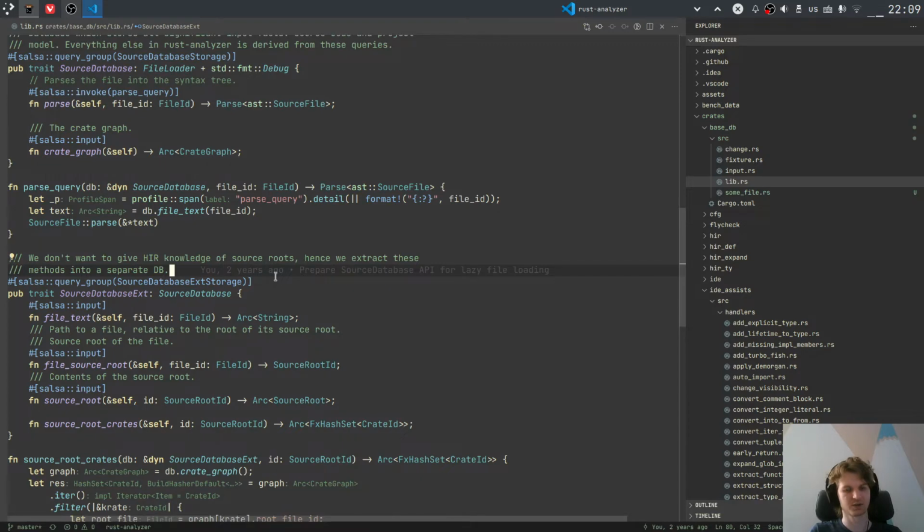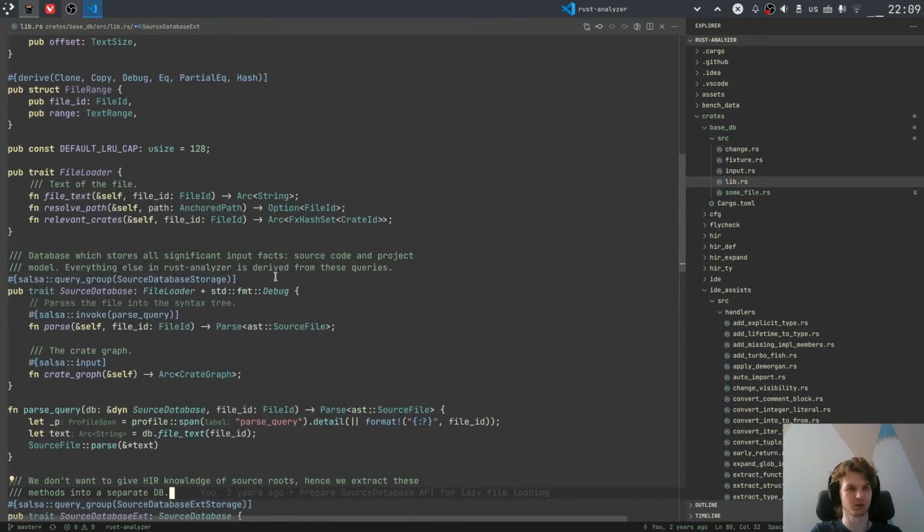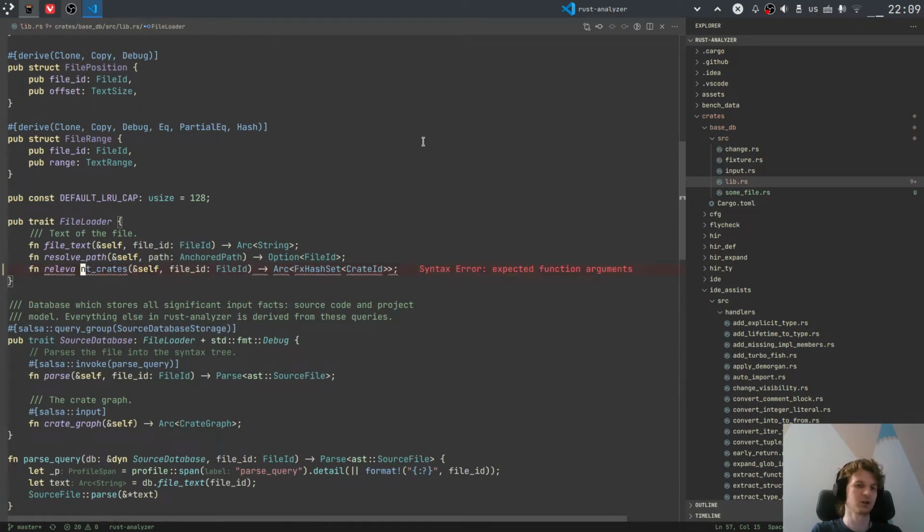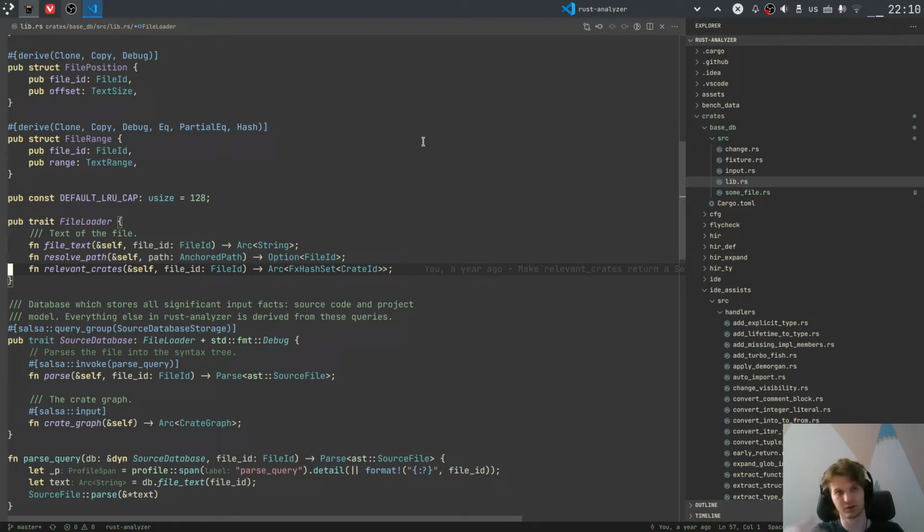What else interesting do we know about the input? One interesting method is this relevant_crates. What this method does is it takes a file ID, the identity of a file on disk or in the editor's memory, and returns a set of crates which potentially include this file. Why do we need this? Well,